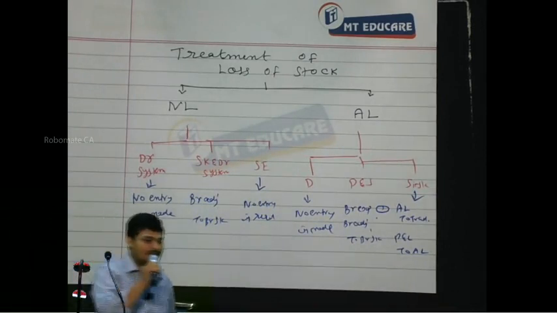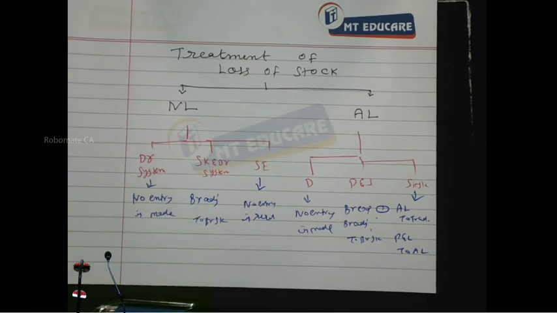So in case of normal loss, we can't simply say no entry is required, because stock was originally recorded at some value. Now when the goods are reduced from that branch, definitely it should be credited, with a corresponding debit to branch adjustment account. It means the removal of profit is one part, and second, the loss itself is reduced from profit. So for the entire loss at invoice price, you make the entry as branch adjustment to branch stock. Understood? Now let us discuss this normal loss under debtors system. No entry. Under stock and debtors system,